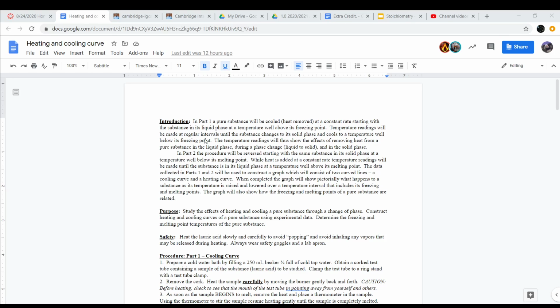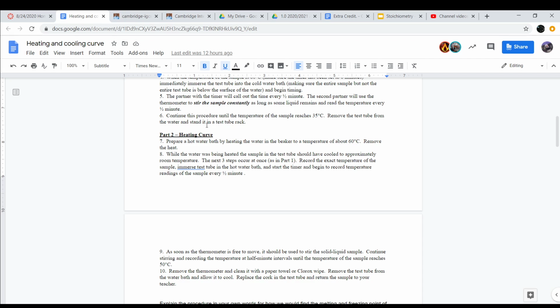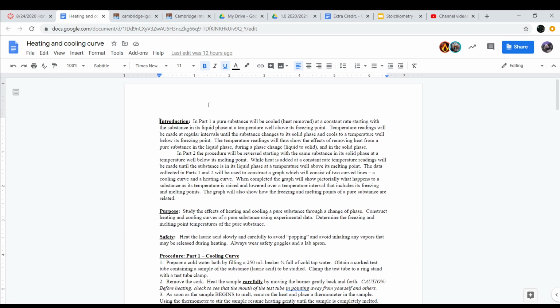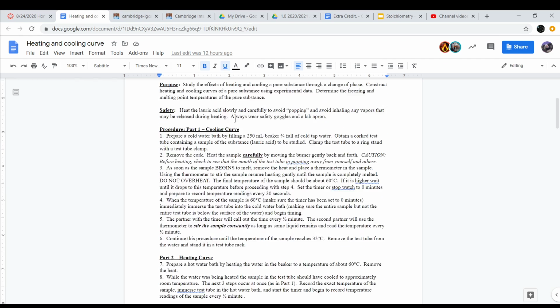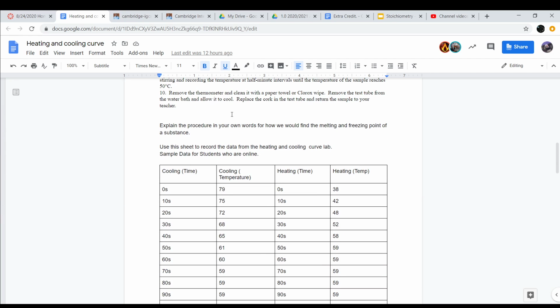Okay, so this right here is going to be a video to show you guys how to specifically work with inputting a graph into your lab and how to manipulate the data that's in this heating and cooling curve lab. So in order to manipulate the data, what you're going to do here is